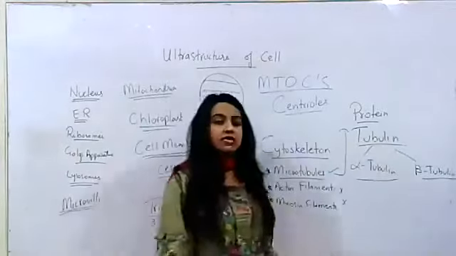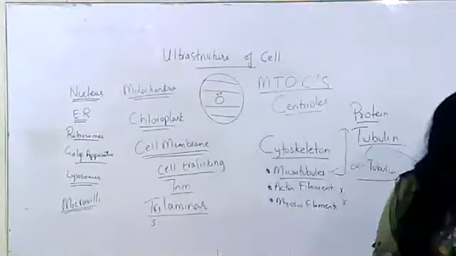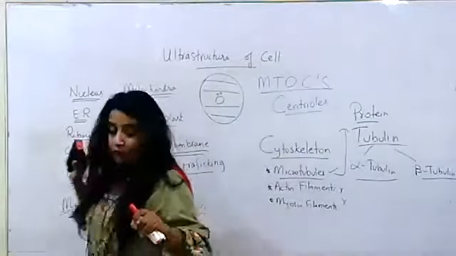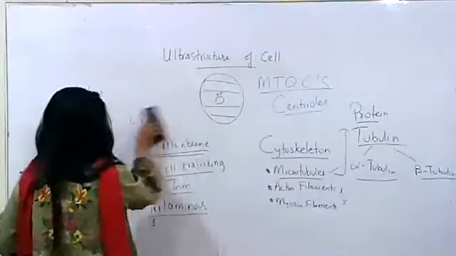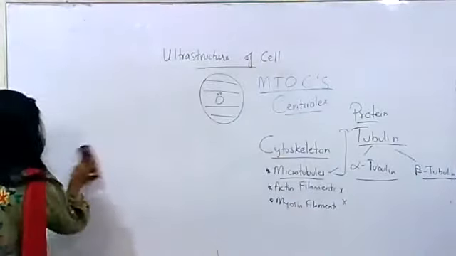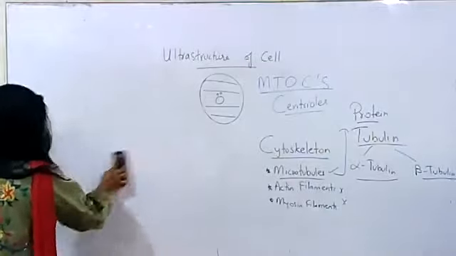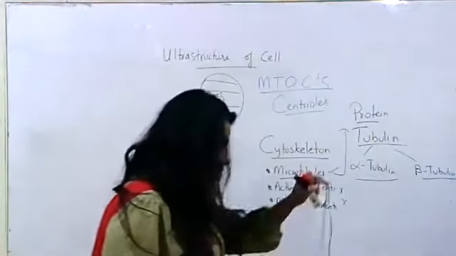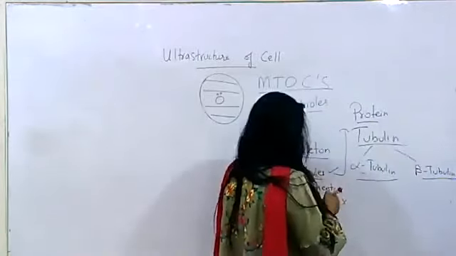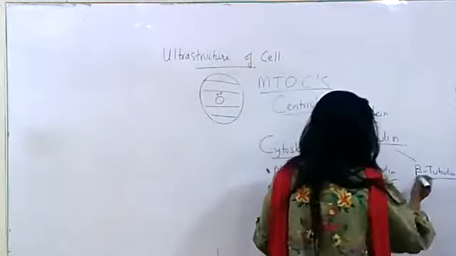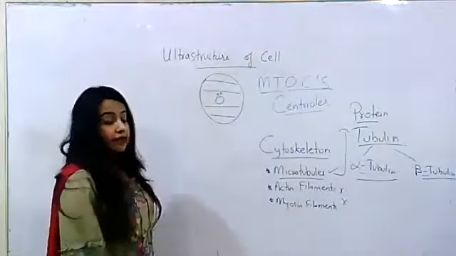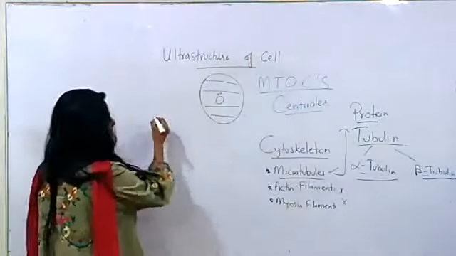Now, how does the assembly take place for the microtubules to be formed, right? So I'm using this side of the board now. So what happens? Suppose that we use red color for alpha and we're using blue color for beta, right? This is alpha and this is beta, right? So what happens? Molecules of alpha tubulin and beta tubulin, they join head to head